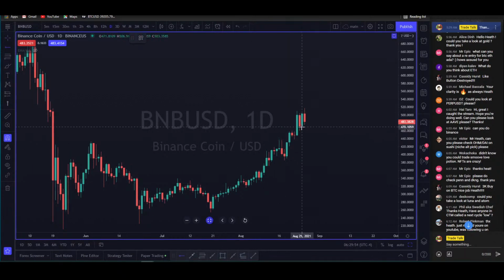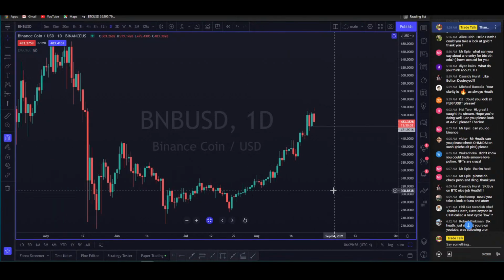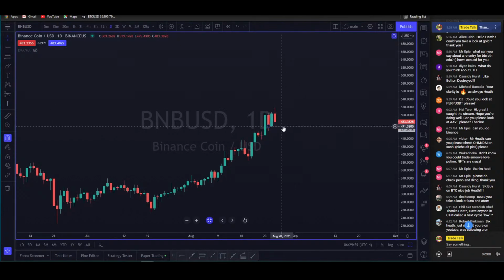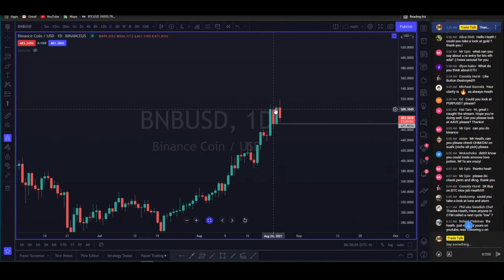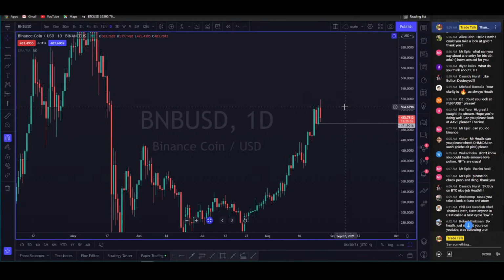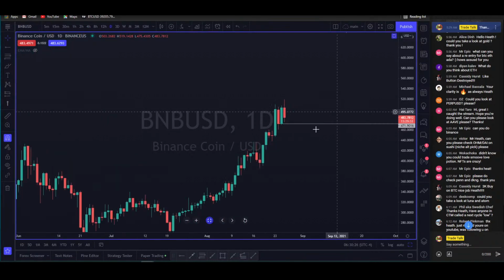Support is going to be right there, 471. As long as you're not closing daily candles below that, you can look for possible bullishness or continuation. There's a higher close, that's good. So yeah, you don't want to take that out. And this, once again, is going to have literal support levels every 20, 50 bucks. Here's 471 support. Next support is going to be 450. Next support 395-ish. So on and so forth. But it looks better than Ethereum. It looks a lot better than Ethereum does.